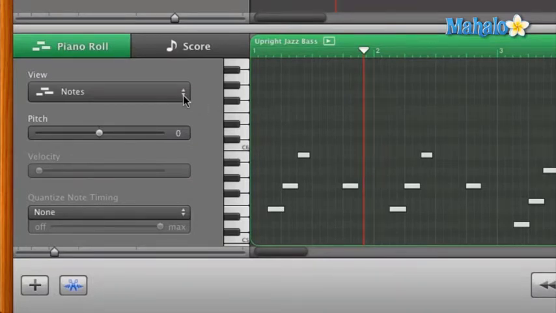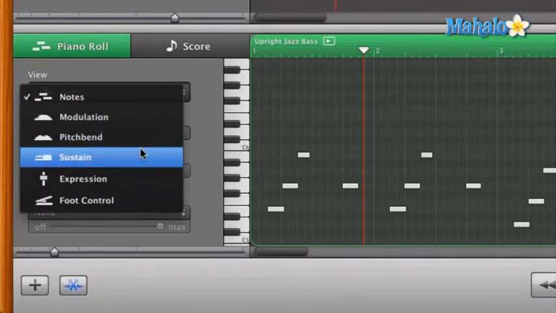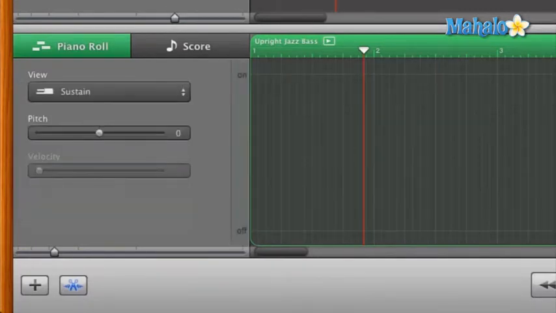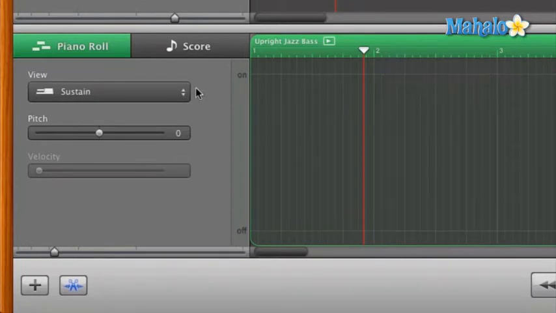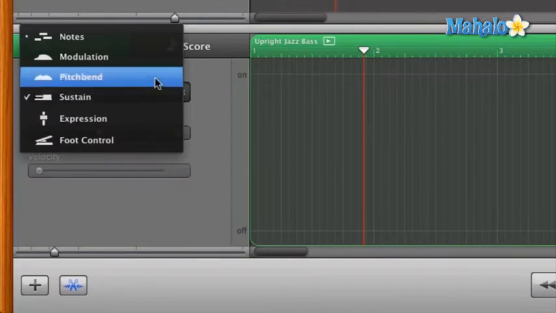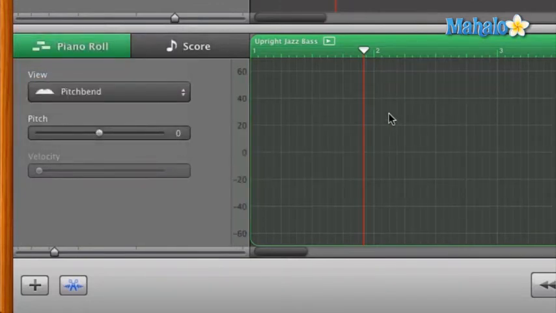Now, if we go to, let's say, let's look at sustain. I can hold the Apple key again, it turns into the pen tool, and click, and quickly creates a sustain from off to on at this specific time on the timeline grid. Undo that. Now if I go to pitch bend, hold down the Apple key and click, it creates a dot on the